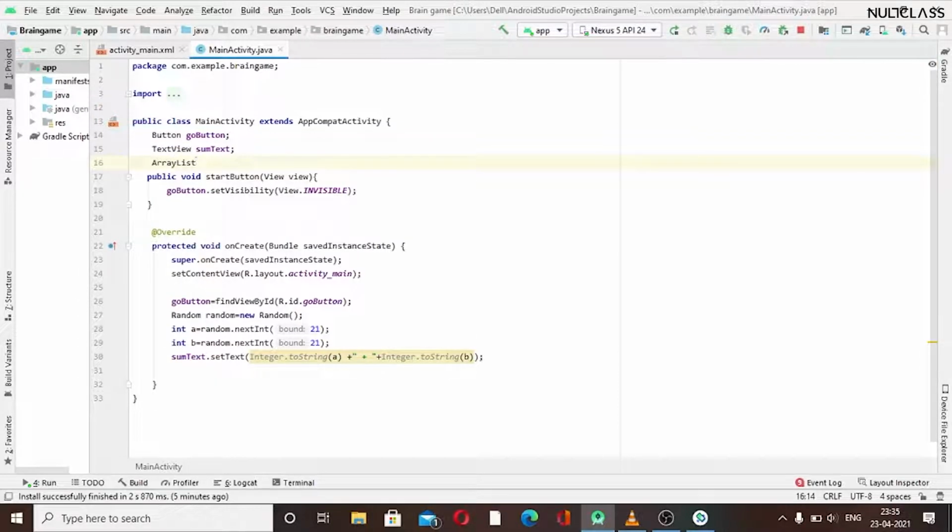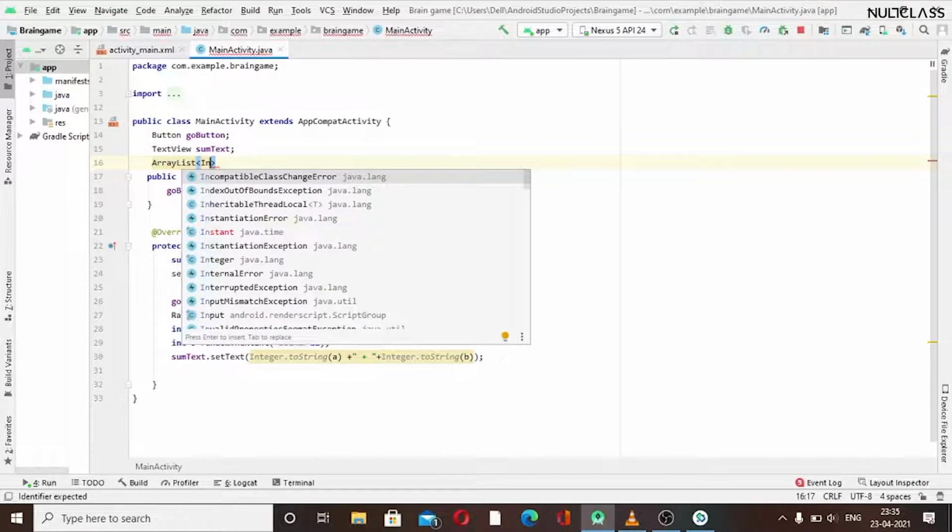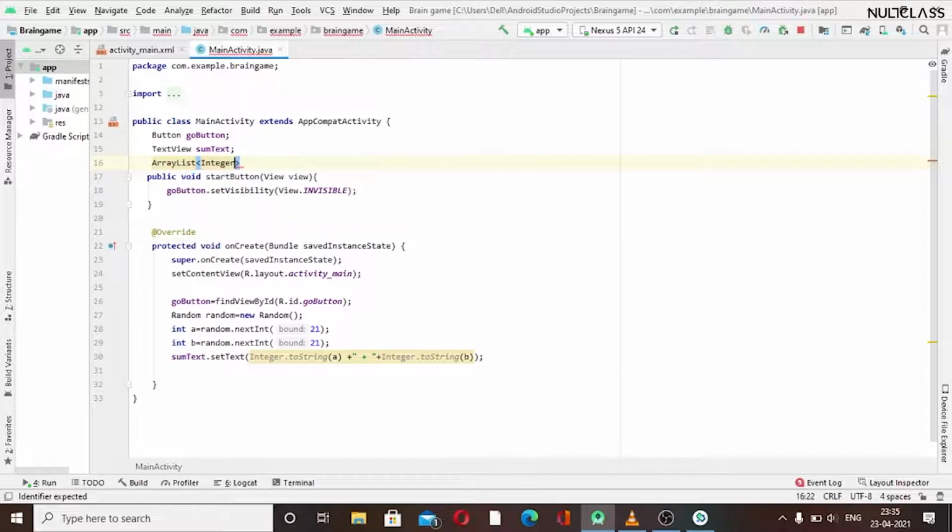and I will create an array list of integer, and I will name it answers. And now we will use the new keyword here, ArrayList, and we'll just pass our data type here.